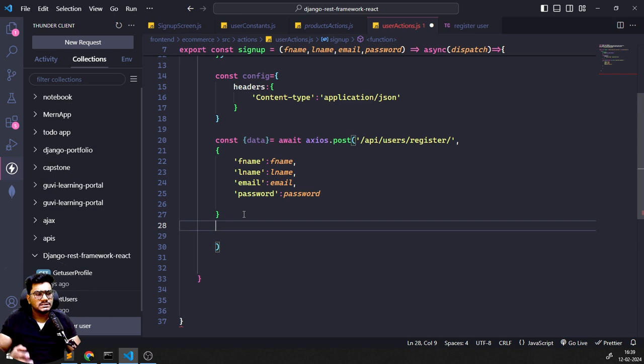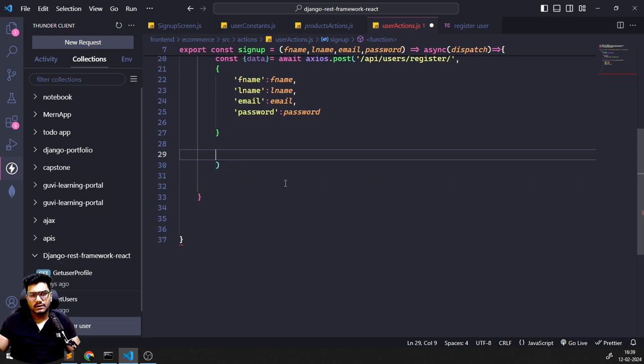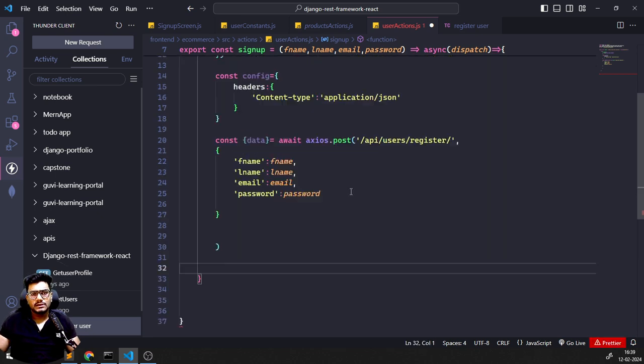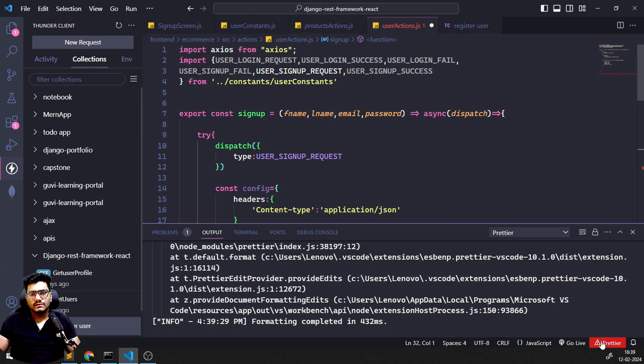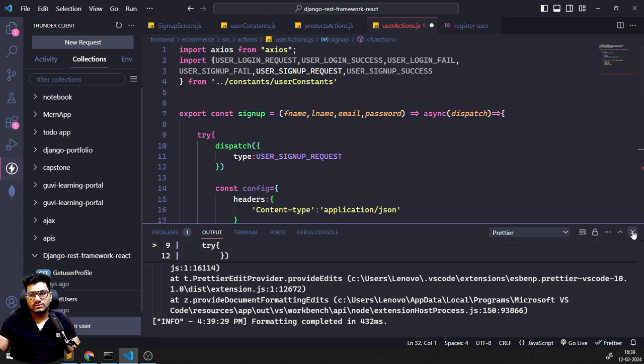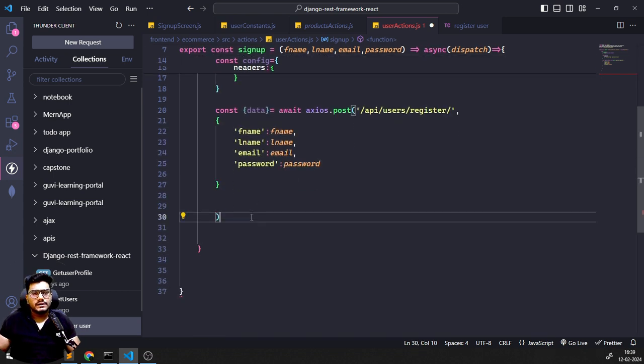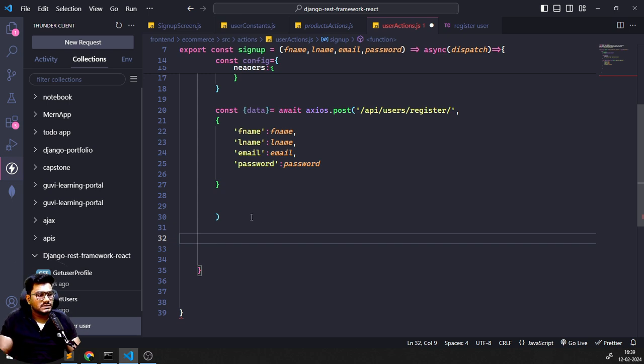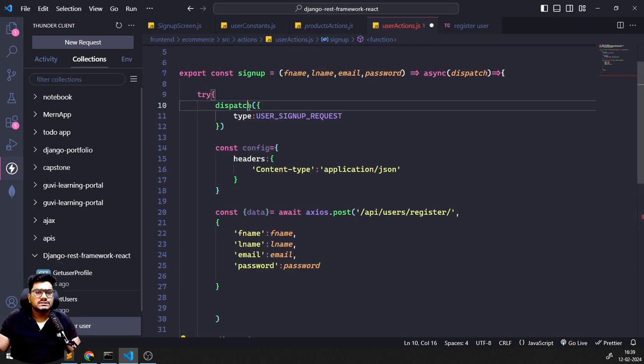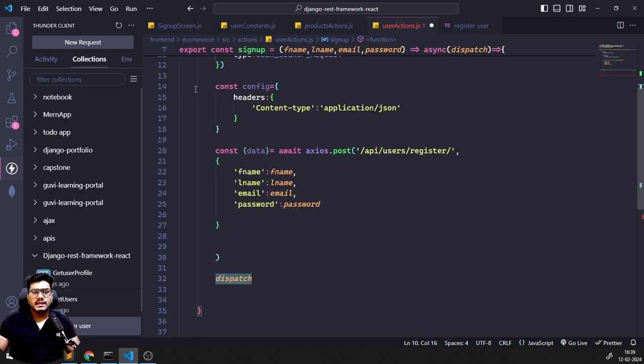So what I'll do here is, once it is done, I can just right click and format the document. It's using Prettier as the formatter here. Okay, fine. So once the API request has been called, again I'm going to make use of the dispatch. So dispatch is first going to dispatch for the request. The second dispatch works if it is a post request,